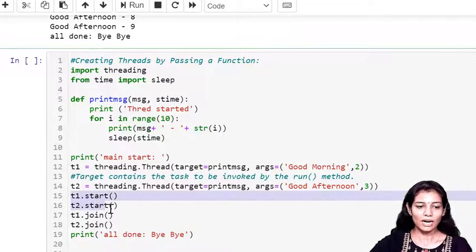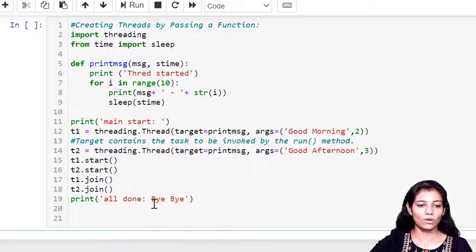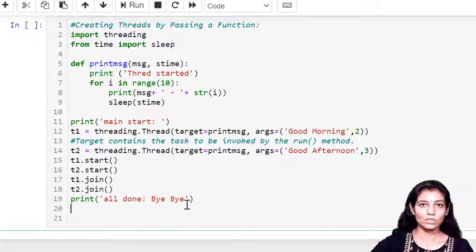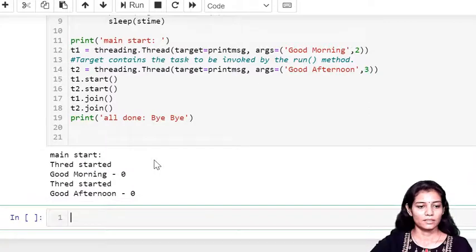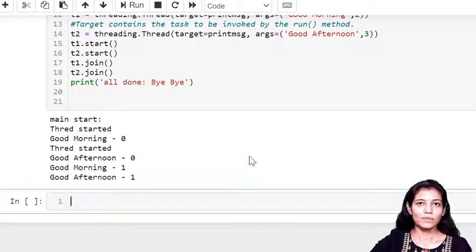So I am giving start to the two threads, that means my threads will get invoked. Then I'll wait for T1 and T2 to complete till they are terminated, and then I'll be printing all done. So let us execute it. The working is very much similar.